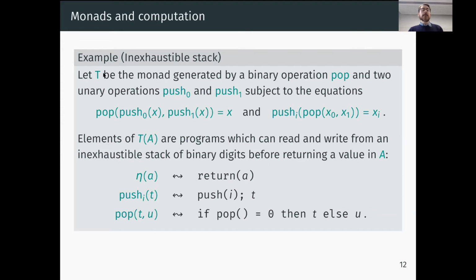So I can associate a monad on Set to this, which encodes interacting with an inexhaustible stack. I'm going to suppose it's a stack of zeros and ones, so each element's either a zero or a one. How does this work? I take the monad generated by a binary operation pop and two unary operations called push 0 and push 1. It's easiest if I explain what this means by looking at what elements of T of A actually look like. Again, they're programs which can read and write from an inexhaustible stack before returning a